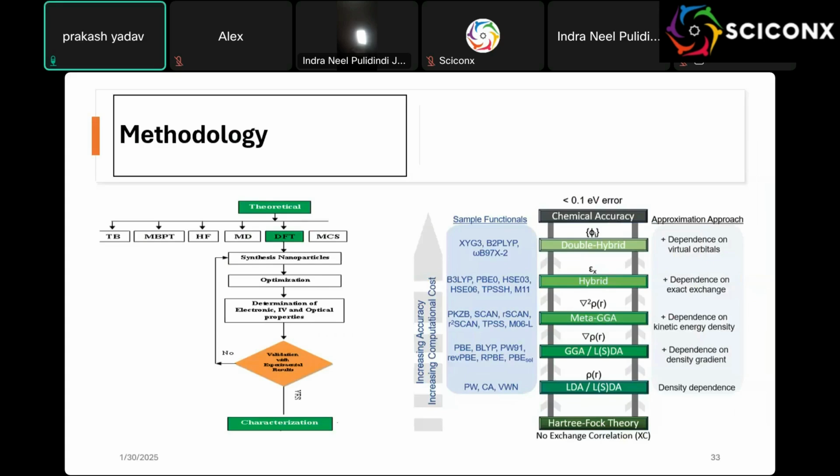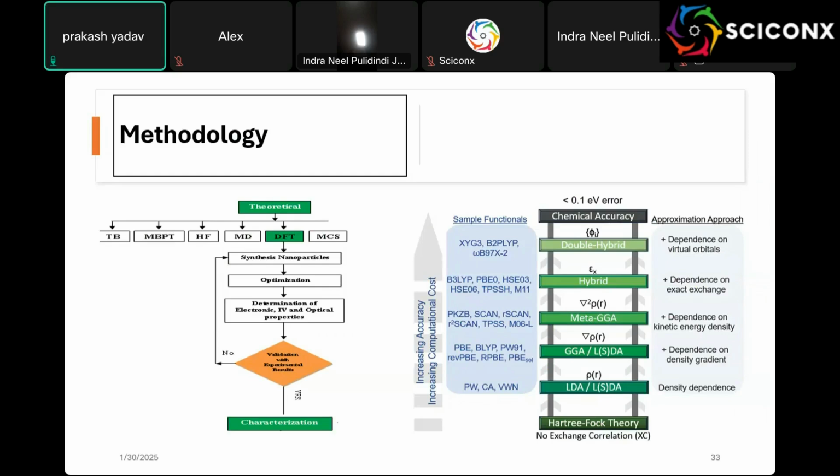And in this image, we clearly see the Jacobi ladder of density functionals, because in Hartree-Fock theory we don't use the exchange correlation functional, but other types do, like LDA, GGA, meta-GGA, hybrid, and double hybrid. So what happens if we want higher chemical accuracy, high accuracy of detection,